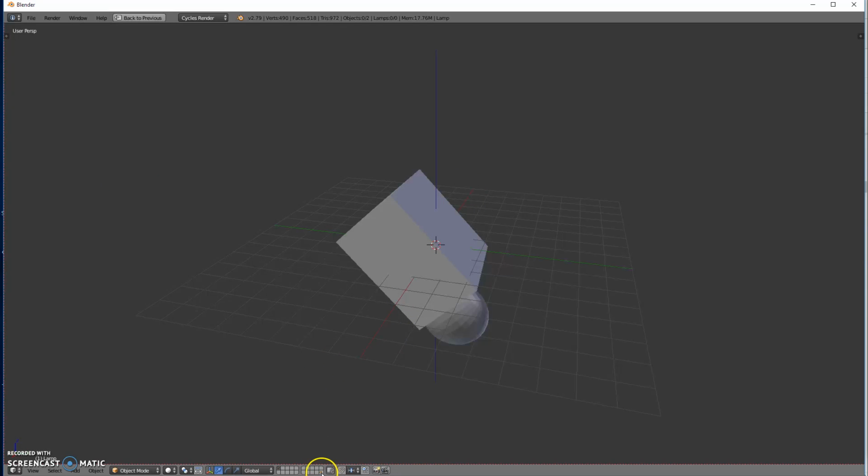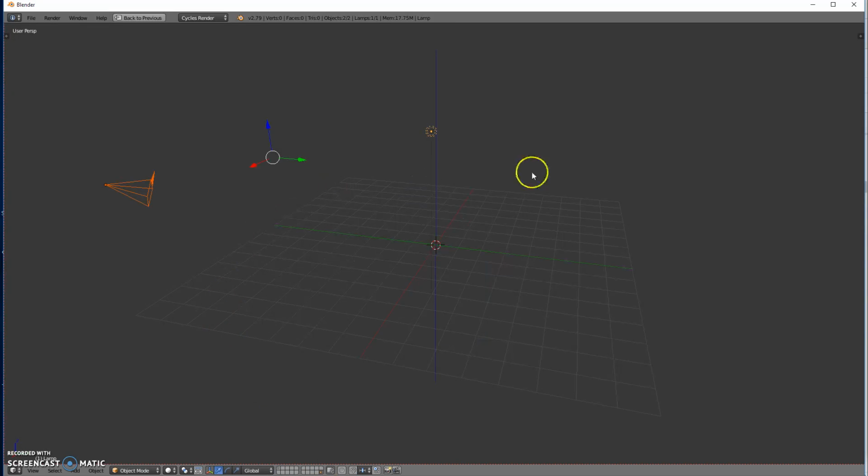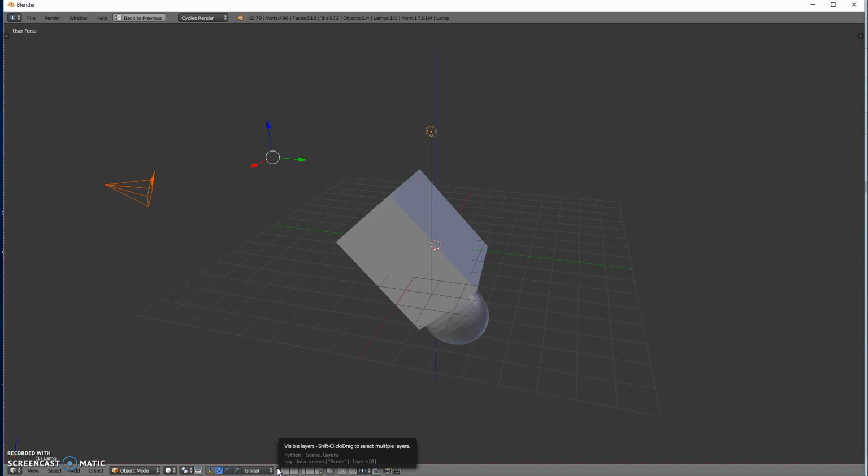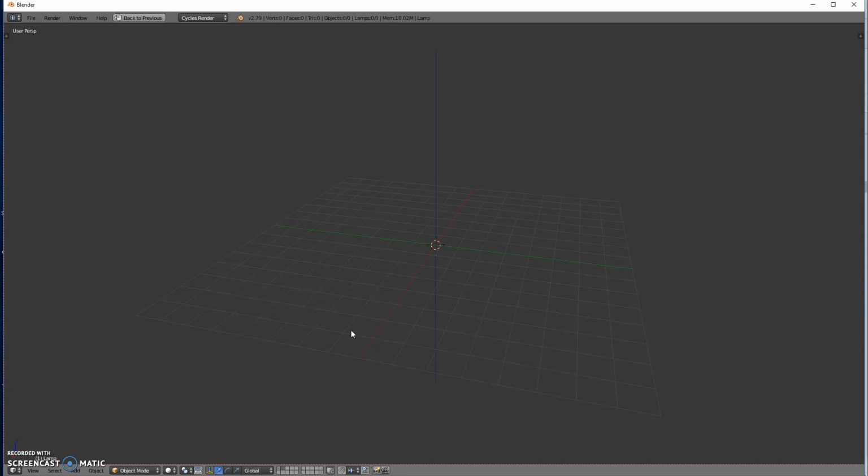Now I can see a dot here and I can see a dot there because I have objects on those layers. This one is pressed in, so I'm currently seeing what's on that layer. If I click this layer, I see my camera and my light source. If I hold down Shift and select that layer 0, I can see everything there now all together. If I press 1,